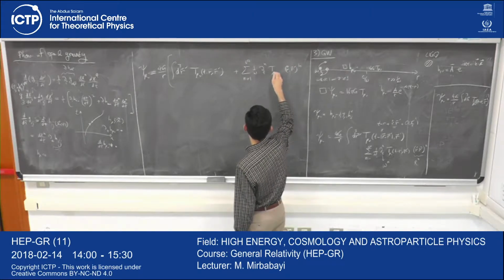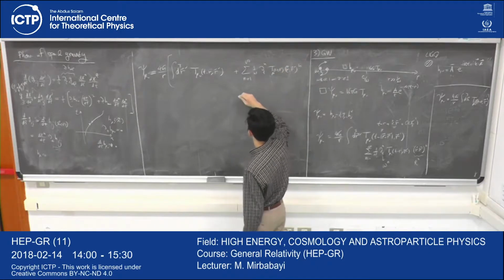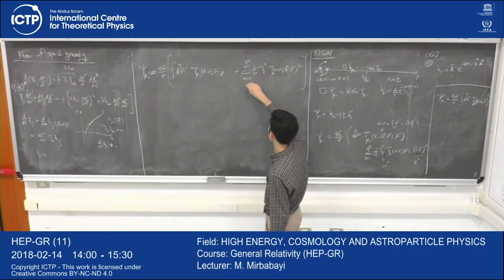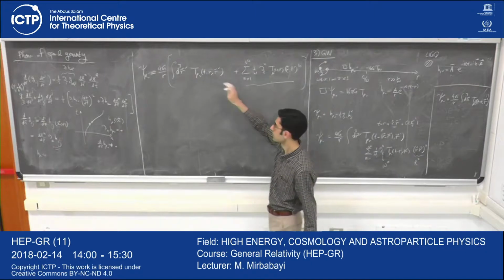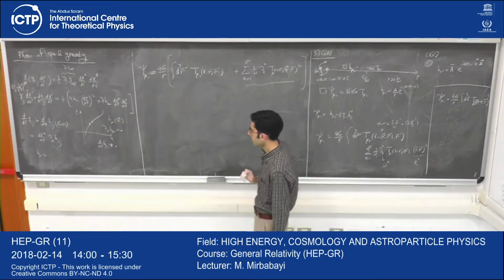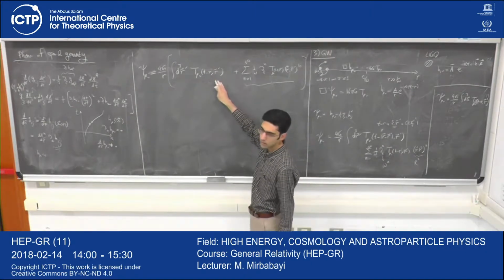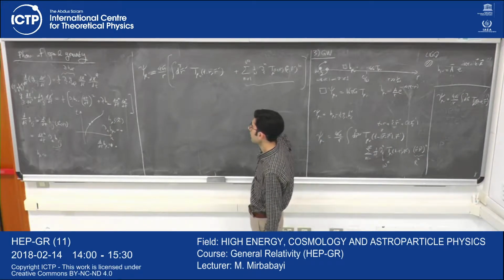This was t minus r. These terms are suppressed. This is the leading term. Now, why is the leading term a quadrupole term? The reason is that